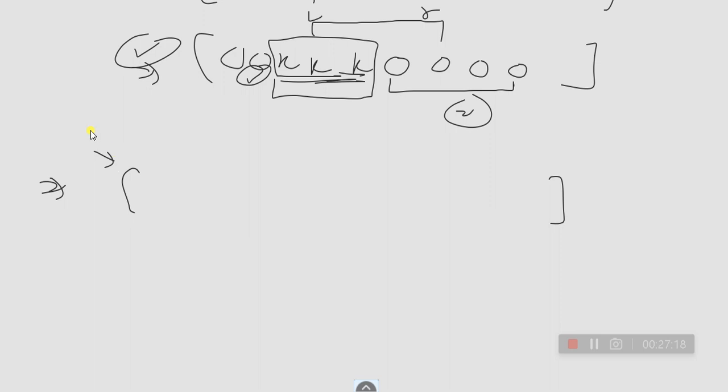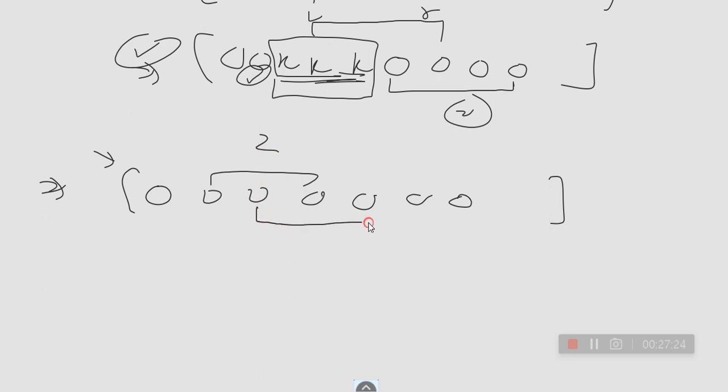So if I have 0 0 0 0 0 0 0, and I have to add 2 here, and I have to add 4 here, how are we going to do it? We are simply going to put 2 at this point and minus 2 at this point. So 0 2, and after that I'm going to add 4 at this point, so it will become 4, and